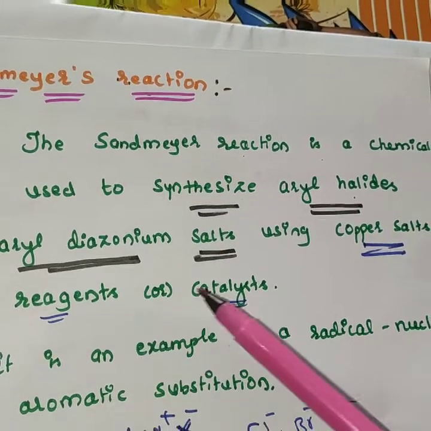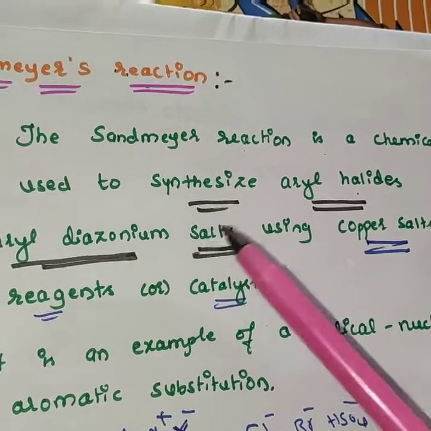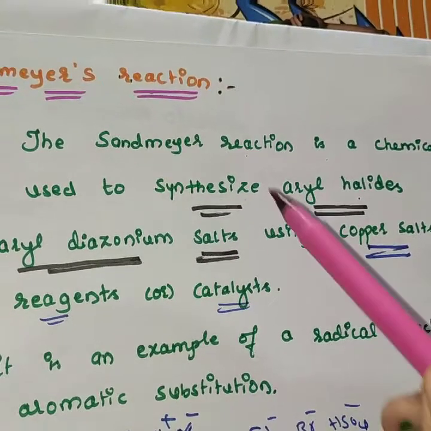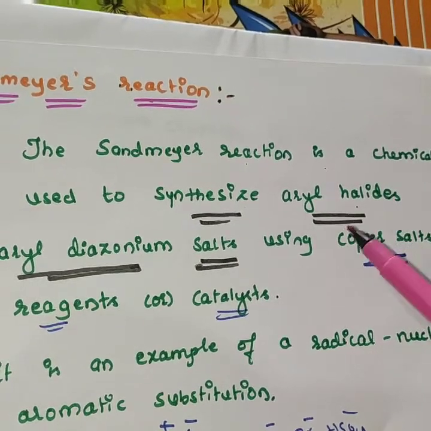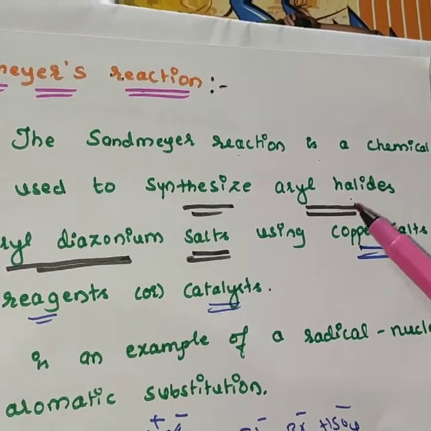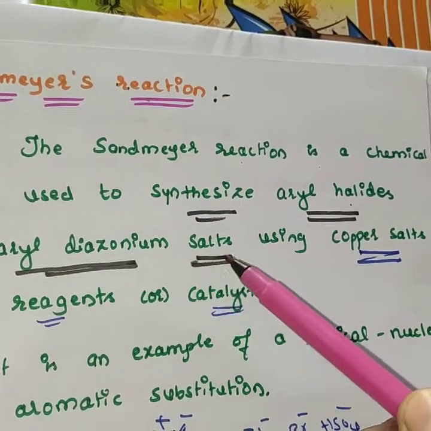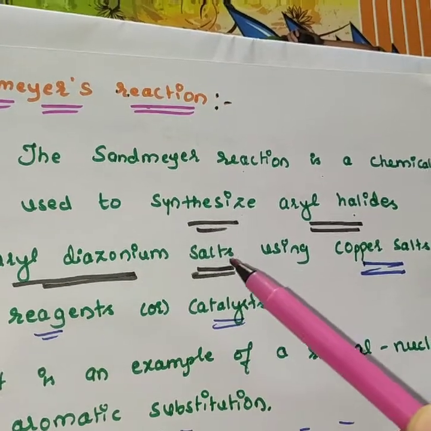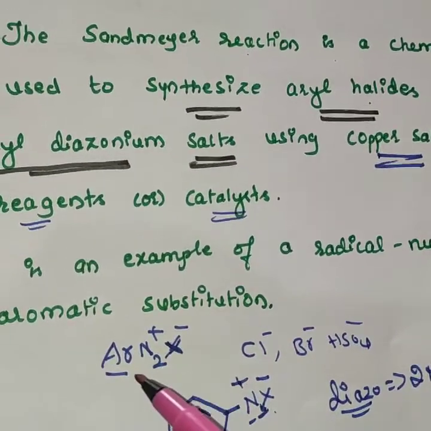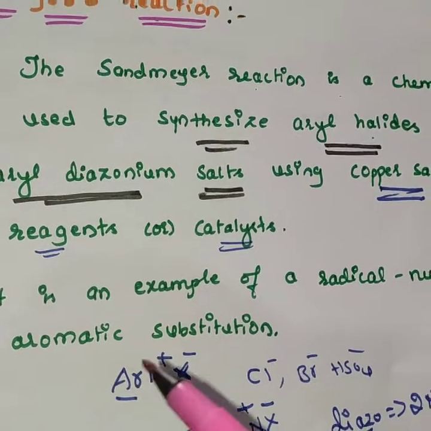using copper salts as reagents or catalyst. So here we should understand that the product we are going to prepare is called aryl halides. These aryl halides are prepared from aryl diazonium salts. So we should understand what the word aryl diazonium salts means. Aryl diazonium salts are nothing but compounds